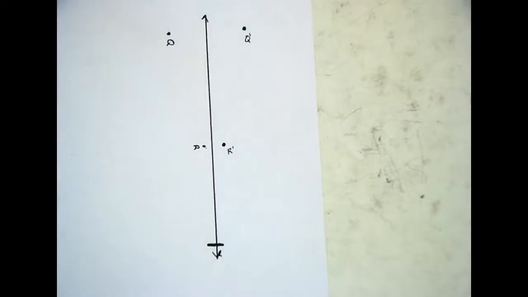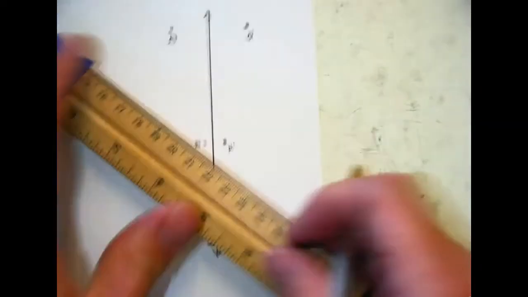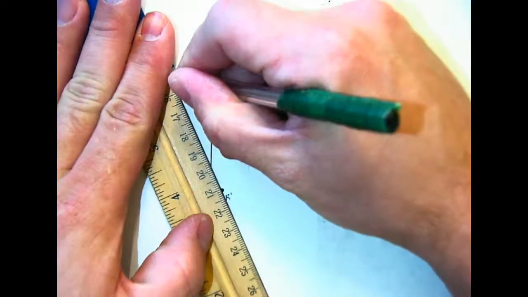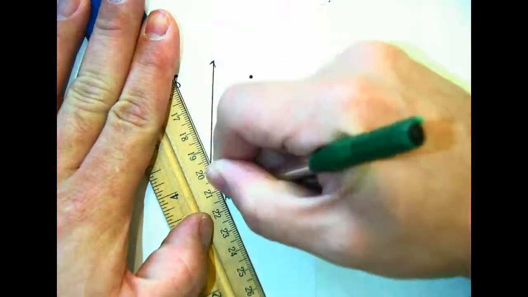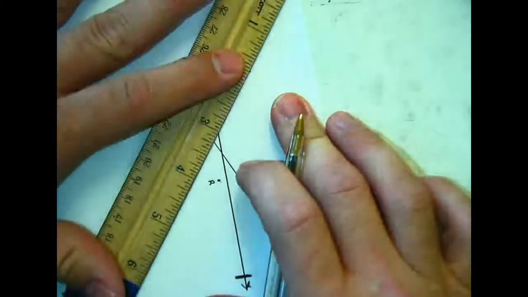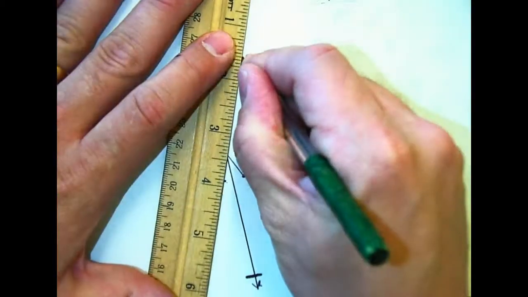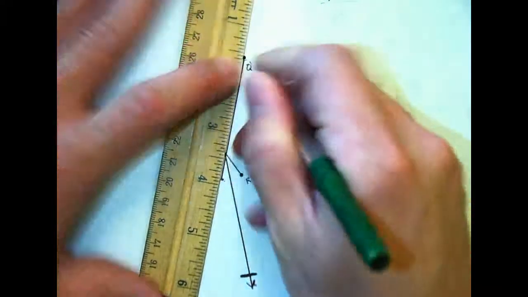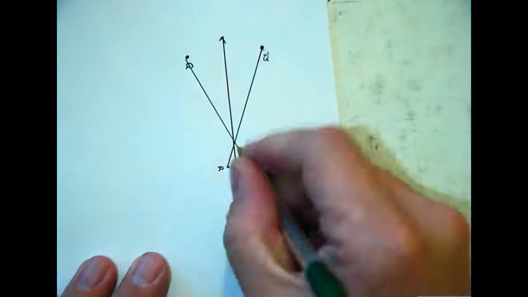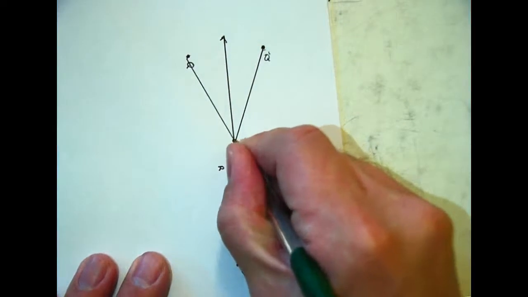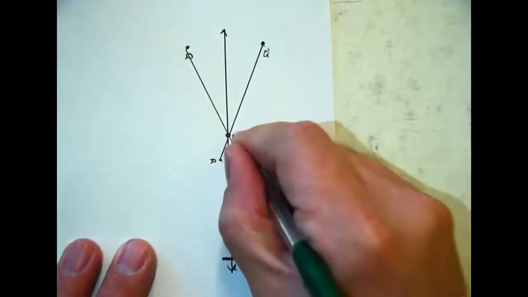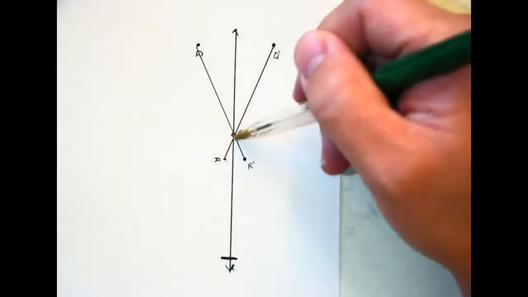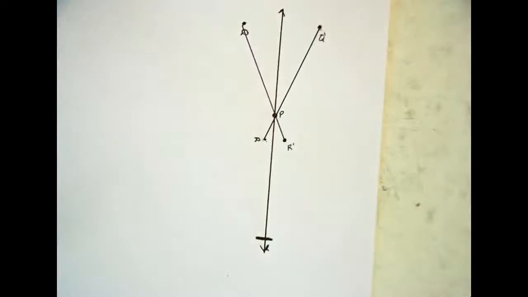And now I'm going to connect those points. So I'm going to connect Q to R prime. And then I'm going to connect Q prime to R, or R to Q prime. Oops, that slid a bit on me. There we go. All right, and you'll notice they cross at a point on that line. That point we are going to label P. So now I have a line from Q to P and P to R. And what's really cool about this point,